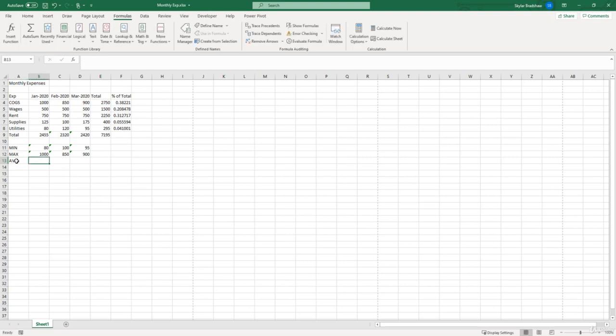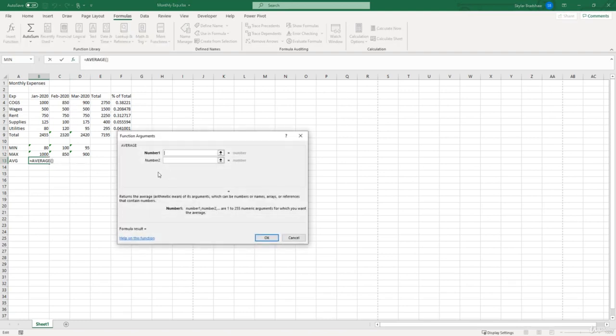Click tab to go to the next cell, and we're going to start by typing in the equal sign and then average. Go ahead and give average a double click. Click the FX button to open our function arguments window, and we could see the definition of the average function: returns the average of its arguments, which can be numbers or names, arrays, references that contain numbers. So for our number one argument, we are going to select the cells that we want to average and click